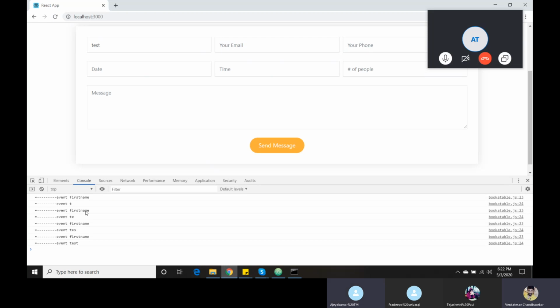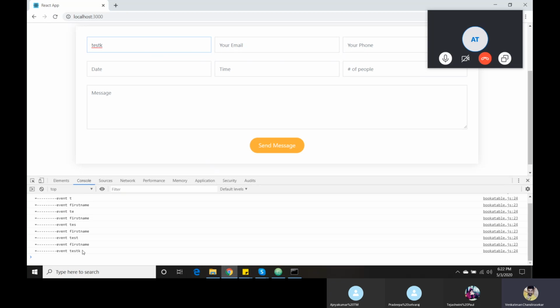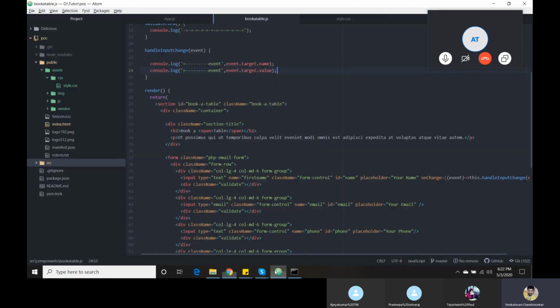The unique name is first name, the value is test. Whenever I type, it sends the typed value. Now I am going to show the complete event object for you, then you will get an idea. event.target.